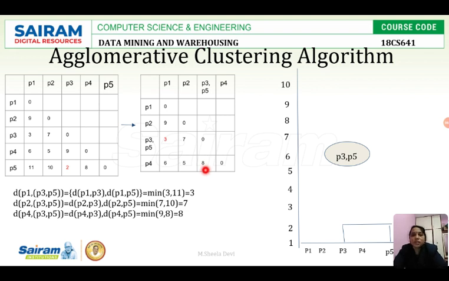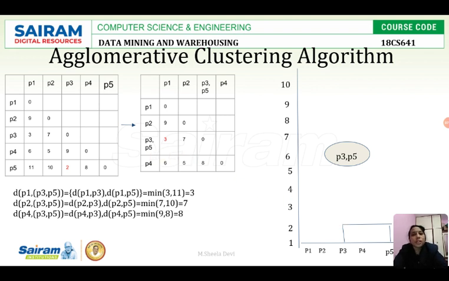Once this is done, again we have to draw the dendrogram, right? So see, these are the data points in the graph. With the help of the graph we are visualizing the dendrogram. We found that the distance between P3 and P5 is minimum, and we have clustered it.